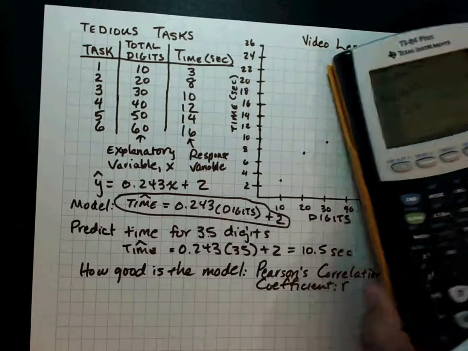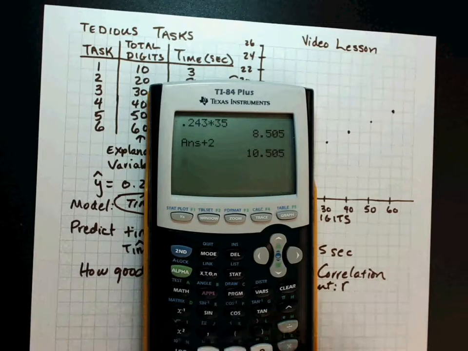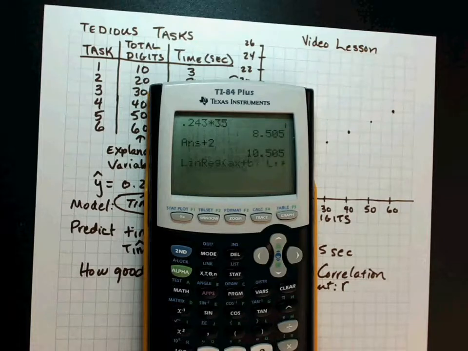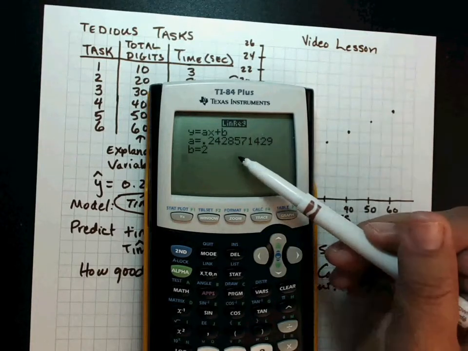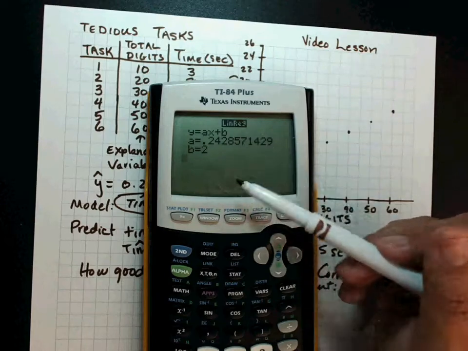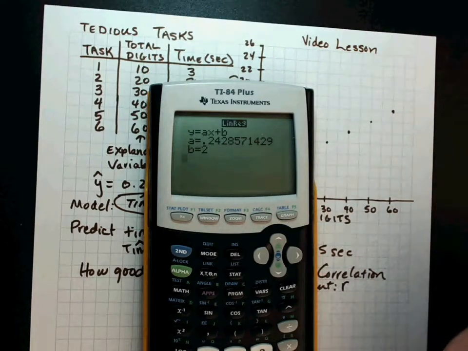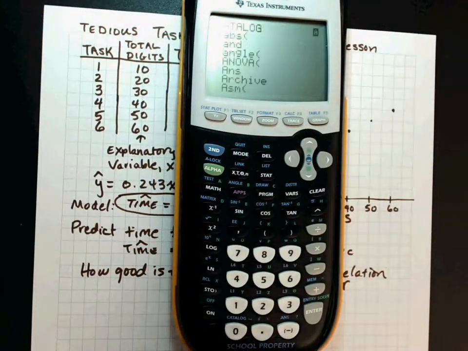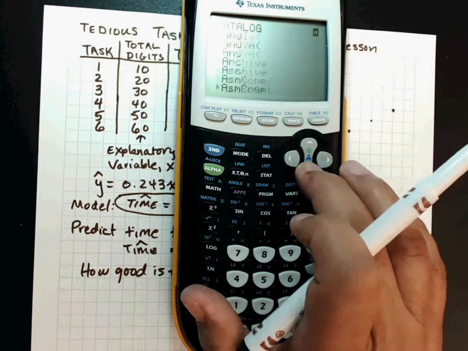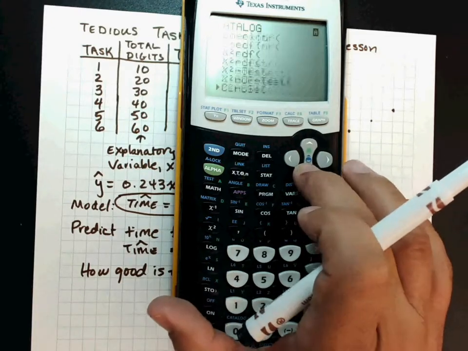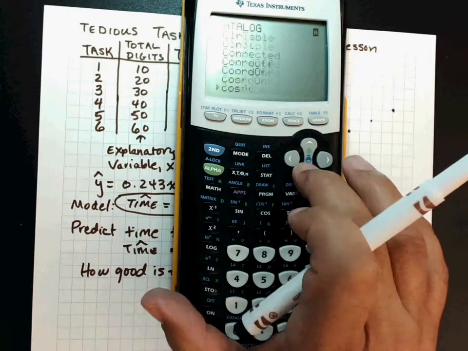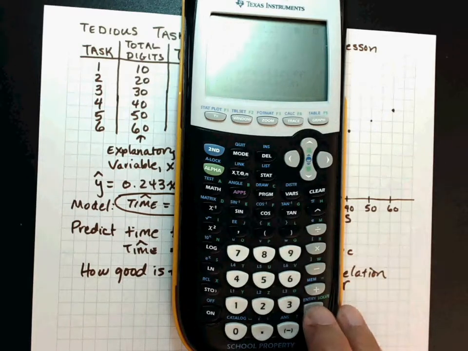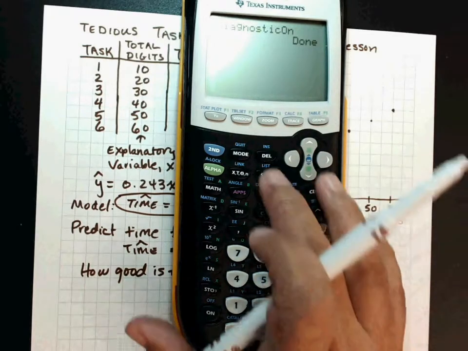Alright, so looking at my data, let me go back in Calc. And I'm going to go to LinReg. Now, wait a second. I need R. When my calculator doesn't show it, what that means is someone either changed the batteries or they cleared the memory. So I'm going to have to hit second catalog, second 0, and then scroll. Thank goodness this starts with D instead of some letter later in the alphabet. I find DiagnosticOn. Alright, there it is. Hit enter and enter. Okay, now when I hit stat calc 4,